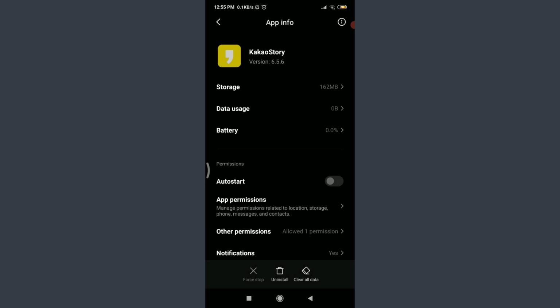The fourth one is to force stop the KakaoStory app. You can see that the force stop option is currently not available because I had used this option before, but you may have this option on your phone. If you do have it, make sure to tap on force stop on the bottom left corner, and you'll notice that a notification pops up on your screen